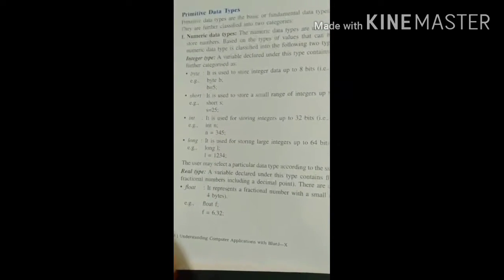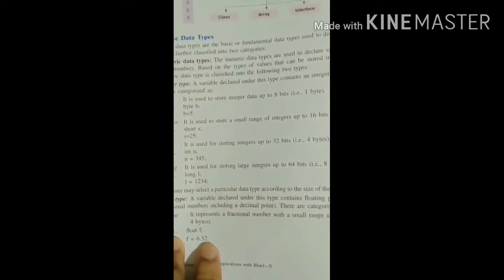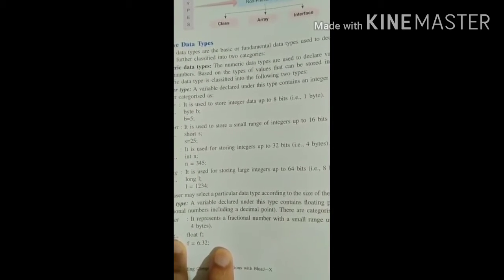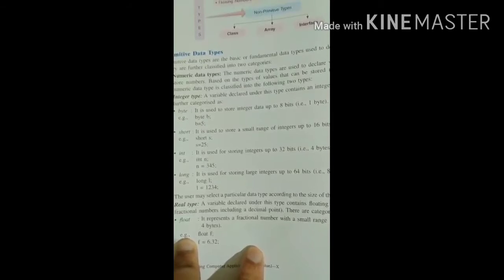Long integer means you can enter long numbers in the program. Okay. Real type: float f equal to 6.32 is a real, meaning we have fewer decimal places. But if you want to use more decimal places, then you use double. So in the double you see d equal to 0.1254366. Double will give you a more accurate value. That is why, if we need more decimal places, we use double instead of float type.